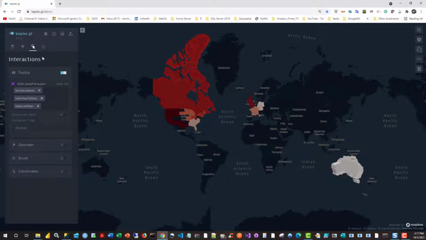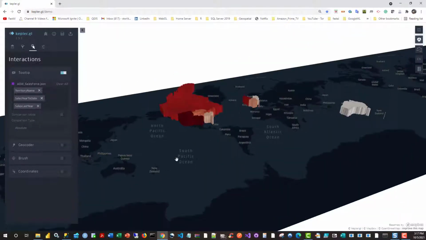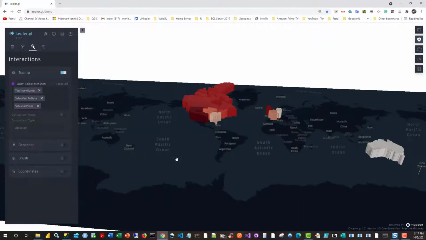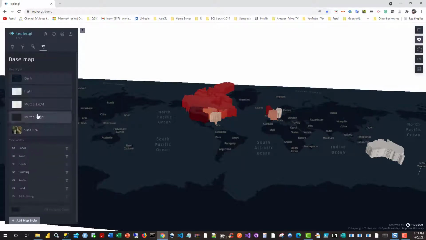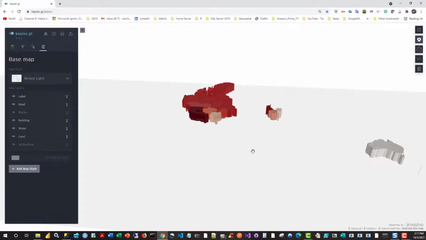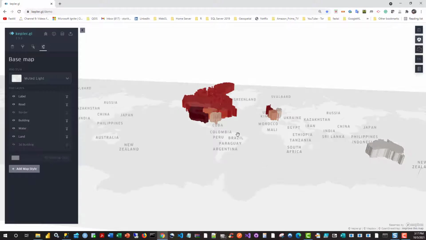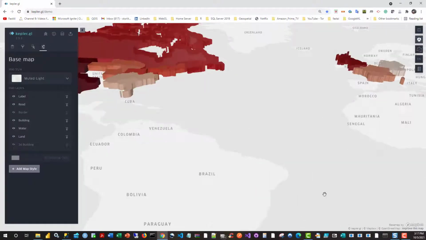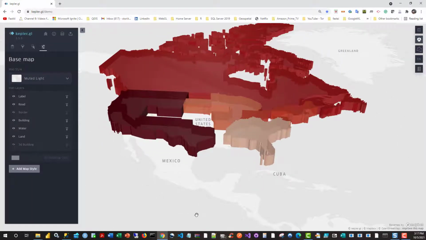So now what we can also do over here is put it into 3D. You can rotate it by using the control and arrow keys. Another thing I can do is change the dark surface here to a lighter surface of the map. So when I do that, it starts looking like this. So if I drill in now, I can get closer. And when I look at this map,